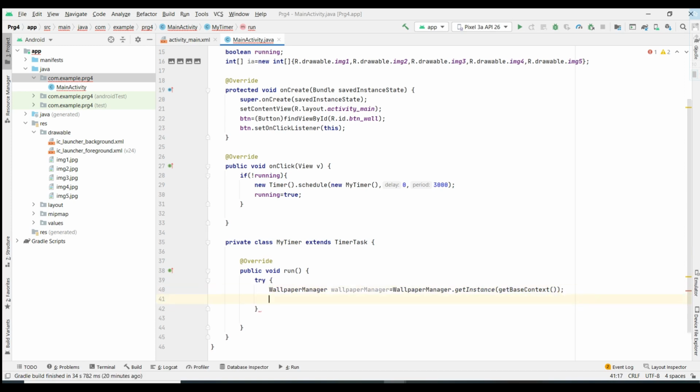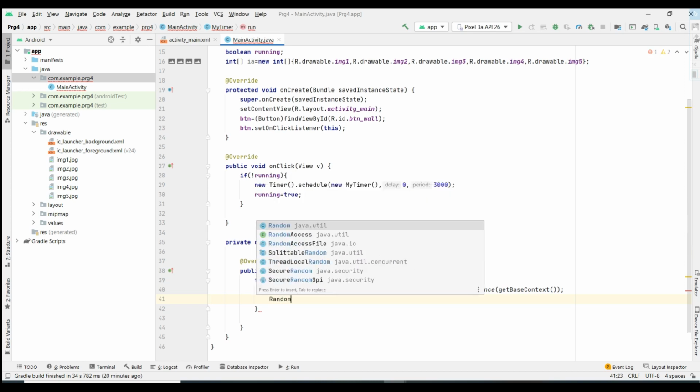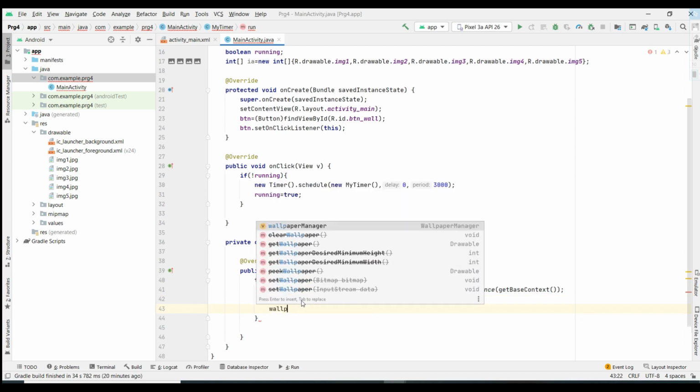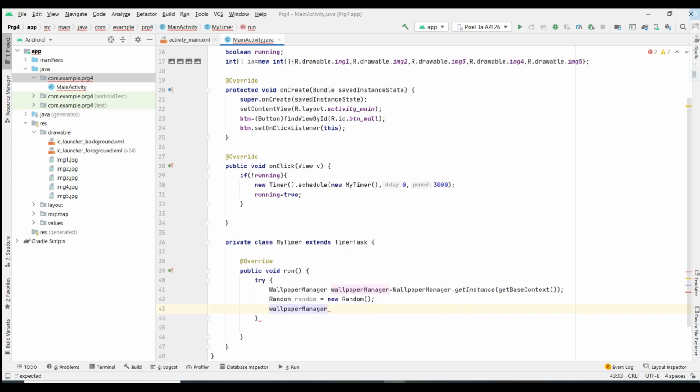And this is what is in the try block, and how it is going to retrieve, it is going to retrieve randomly. I am going to make use of Random because I didn't specify from the beginning that it needs to read image 1, image 2, image 3; randomly it can pick. So I'm going to import the class Random, and I'm going to create the object of the class Random, that is equal to new Random.